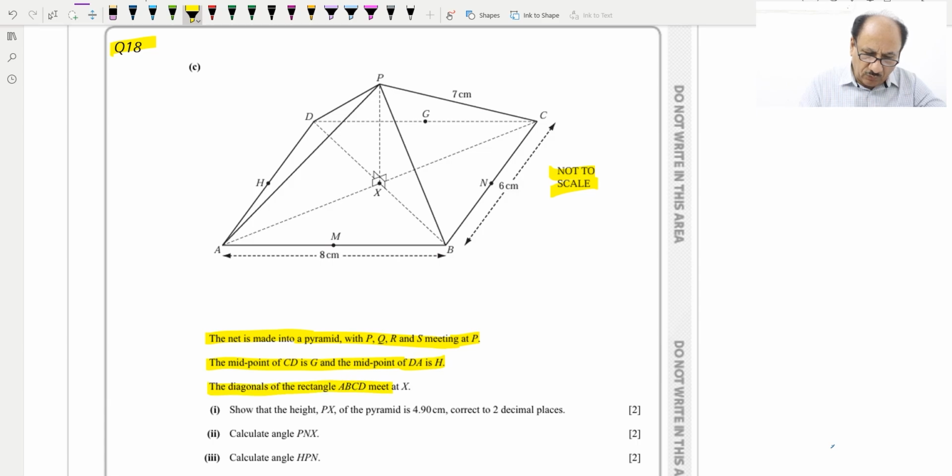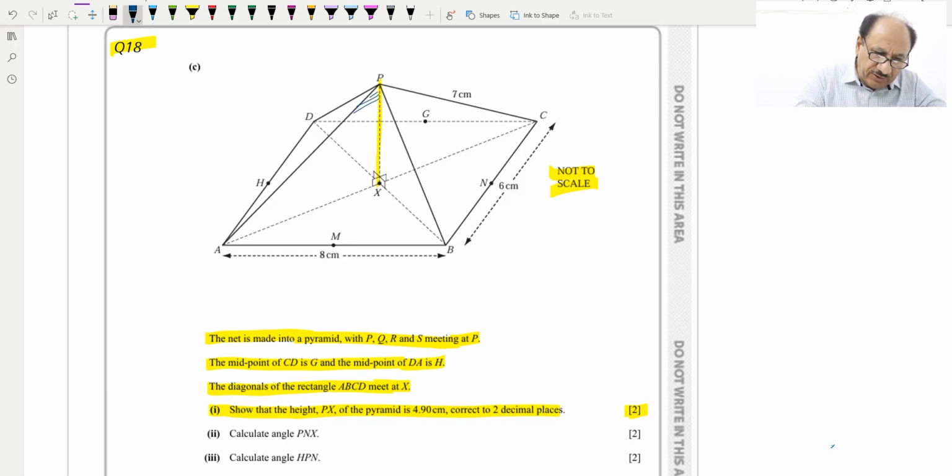The diagonals of the rectangle ABCD meet at X. So diagonals are meeting at X. First part, show that the height PX of the pyramid is 4.90. So this is the height which we have to show. It is 4.90, correct to 2 decimal places, and this is a 2 marks part. So how can we find this one? We'll have to first of all